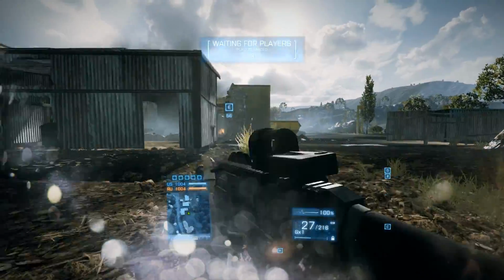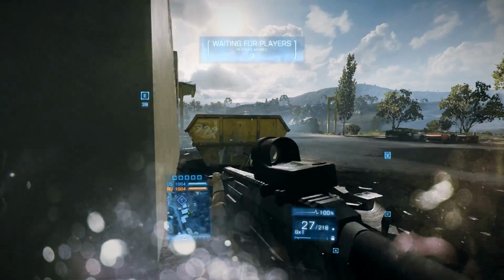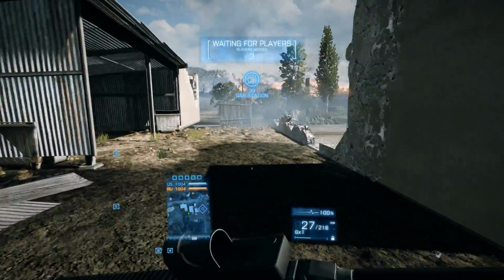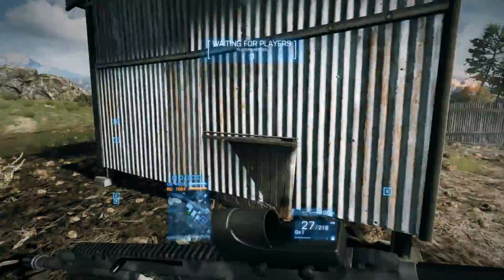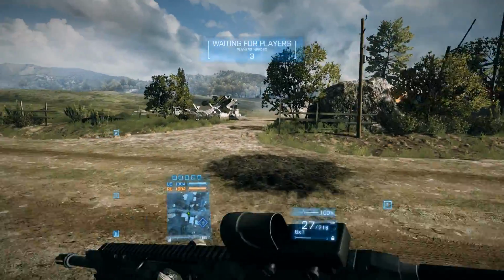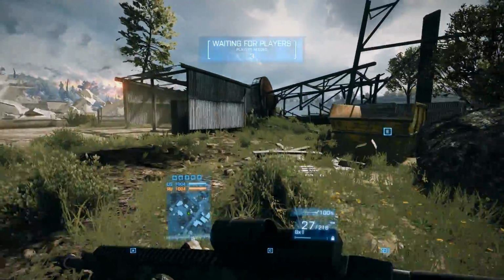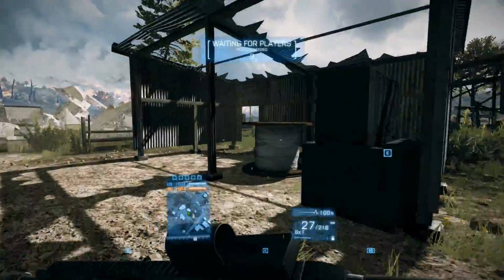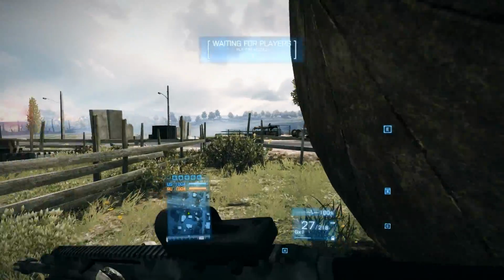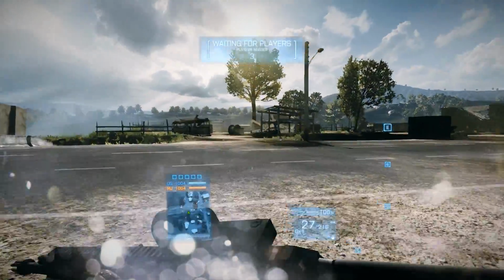Let's say there's a tank right there. Don't just engage the tank right away and try to take it out, but try to have some sort of plan. So I like to try to flank around here. Try not to get seen. Of course, if there's a lot of engineers here on your team, then you can try to take the tank out right away. But if you are alone,